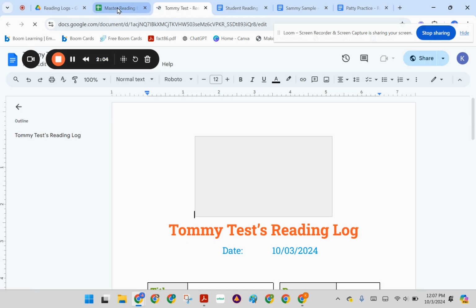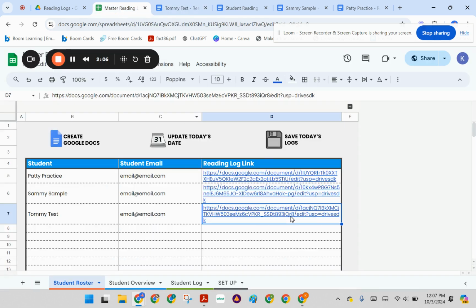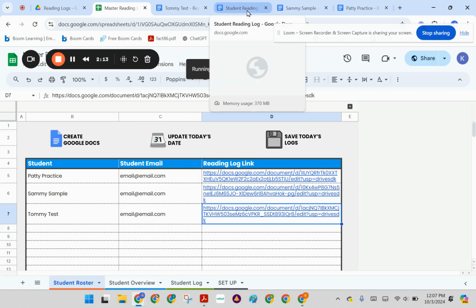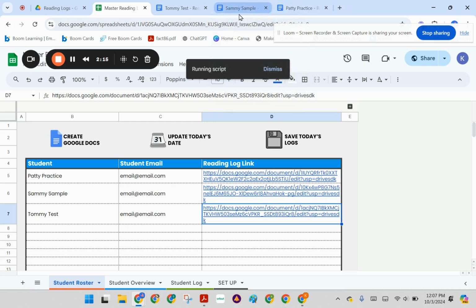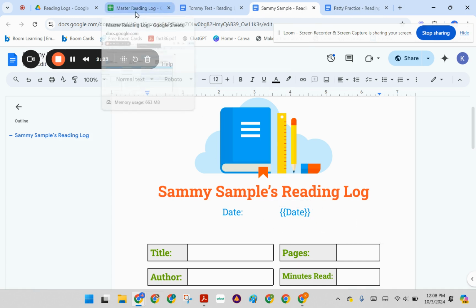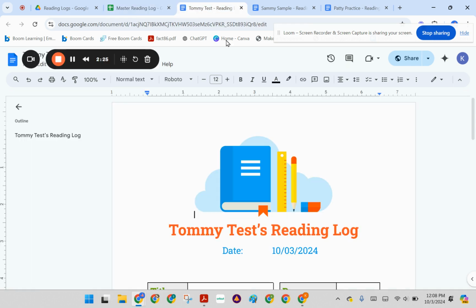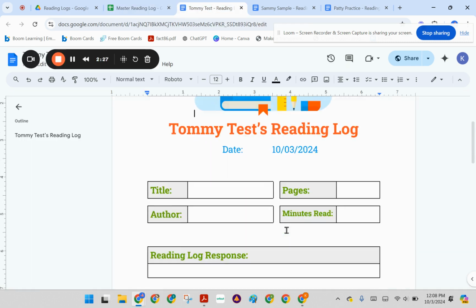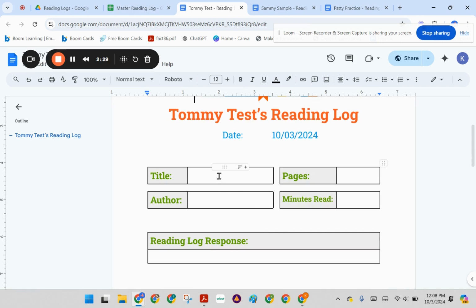So each day, before the students work on their reading log, you'll click the button that says Update Today's Date, and that will put the current date into each reading log. And we'll see that that's going to update here in just a moment. So the current date is there, and then the student can fill out the reading log with the name of the book,